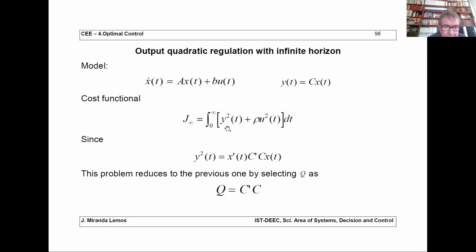Now, you can reduce this problem to a problem in which you regulate the state, that we have seen the solution. And this is simply done by observing that y squared is x transposed, C transposed times Cx. Well, this is y transposed, and this is y. Okay, y is a scalar, so you can say that the square of a scalar is the scalar transpose, which is the scalar times itself. So if you apply the results for state regulation with the matrix Q, remember that we had